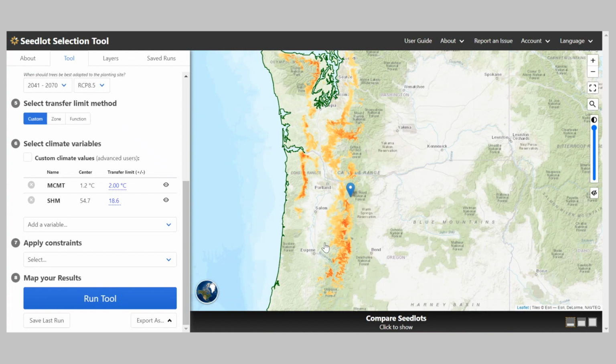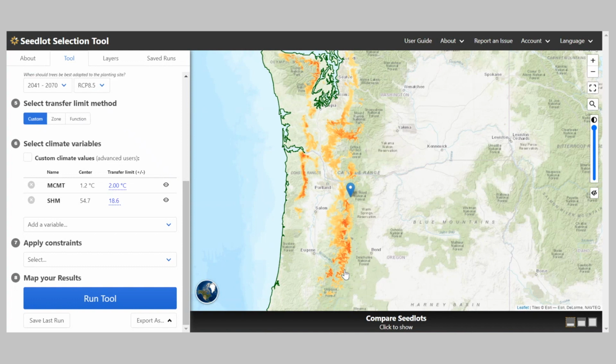And generally you have to go even lower in elevation or even further to the south, but at a similar elevation. So our general recommendation is to use this mid-century time period for planting seed deployment, because there's a good chance that planting for a mid-century climate, you'll be able to find seed lots that are still suitable today. It means that the seedlings will have a good chance to survive that really crucial but vulnerable seedling stage, and hopefully won't be killed by a late spring frost, for example. But they'll also be adapted to the mid-century climate too.